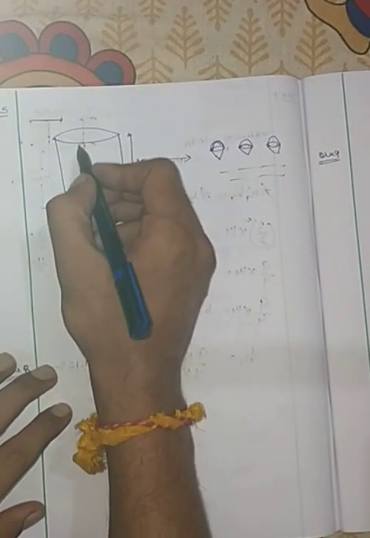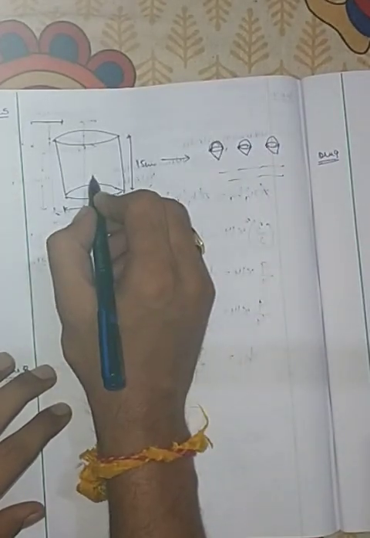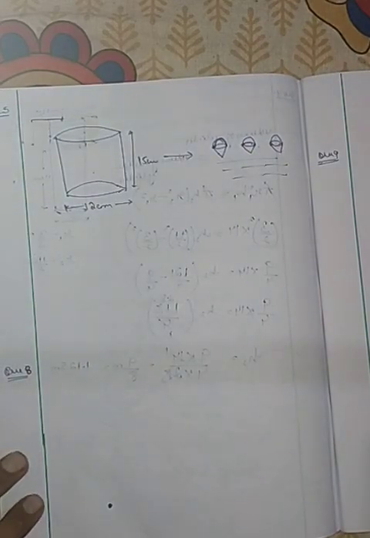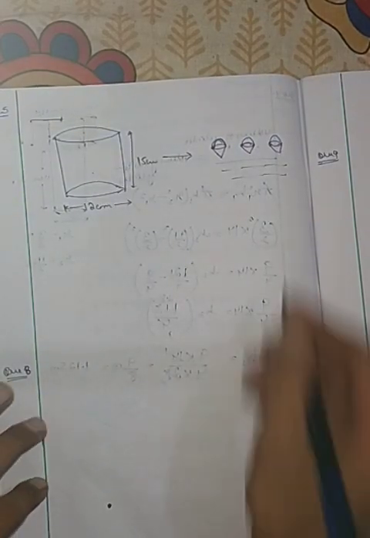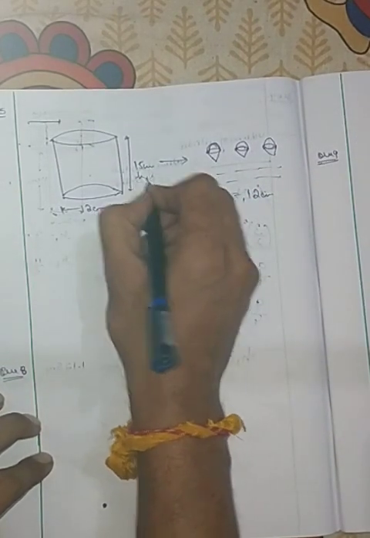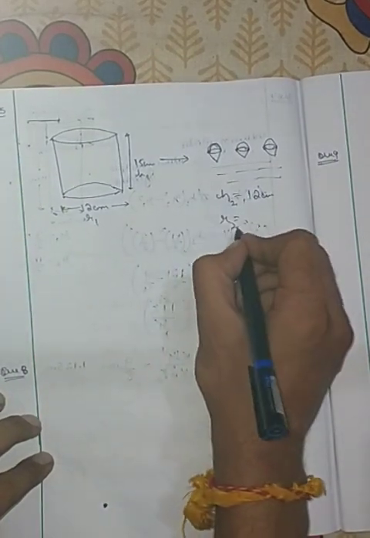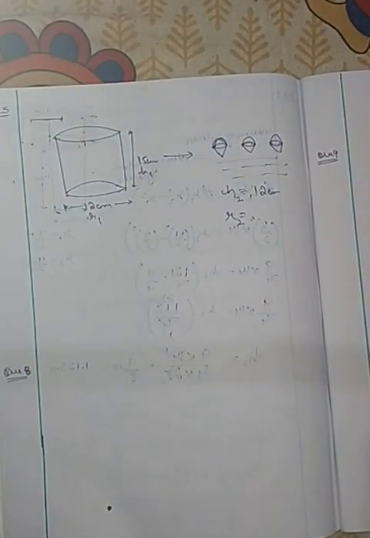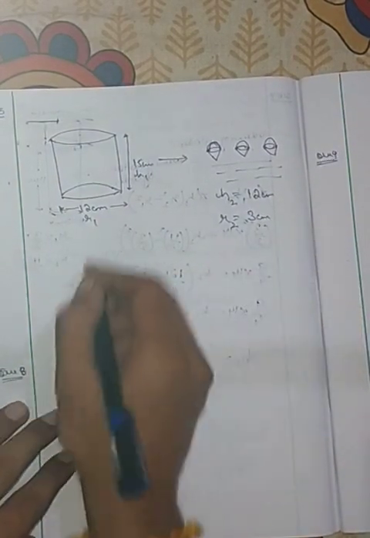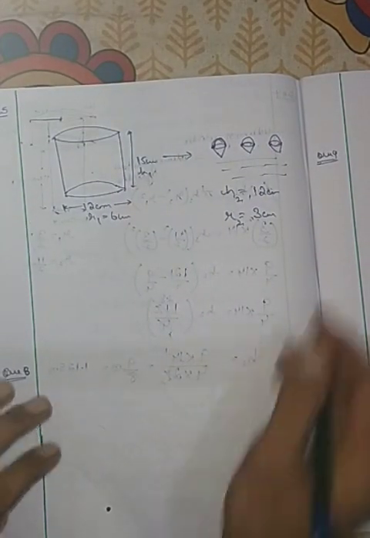So you know this ice cream is going to be in the cones. So the volume of ice cream here will be equal to the volume of ice cream in the cones. What is the information given to us about the cone? The height of the cone is 12 centimeter. Here we have h1, this is h2. Radius is given, this is r1, r2. The radius of the cone is given. The diameter is given, so the radius will be 3 centimeter. Here the radius will be 6 centimeter. Now we have to calculate the volume.